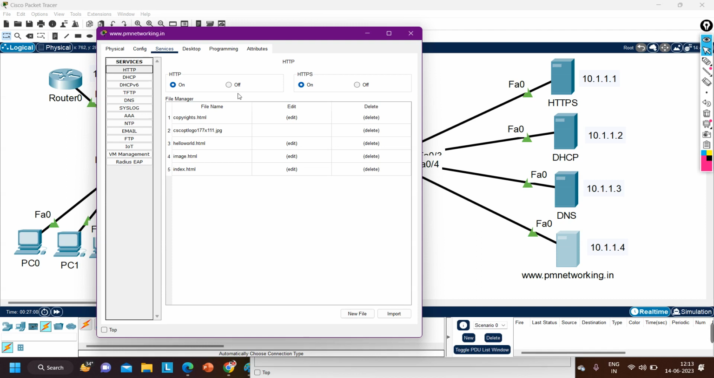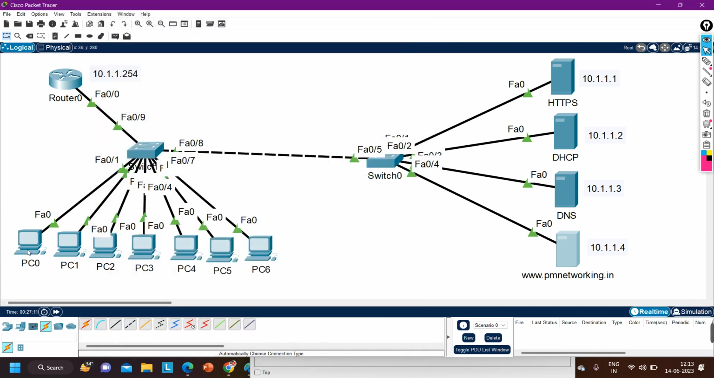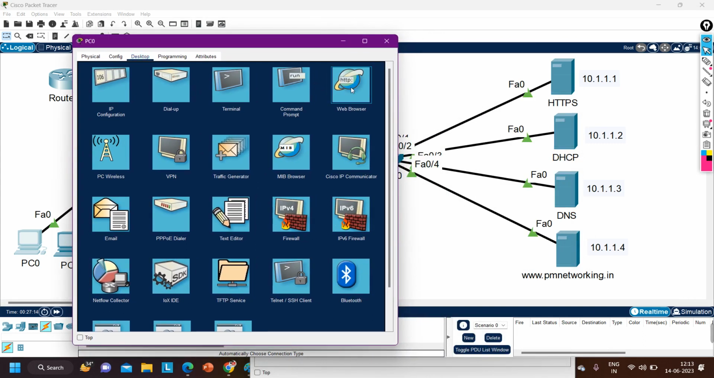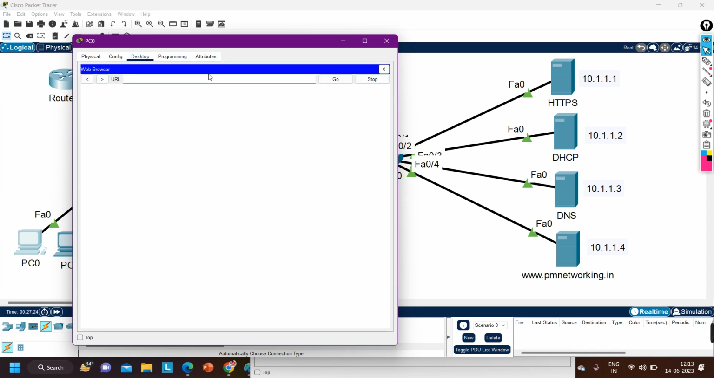By default, this service is enabled or disabled? By default, this service is enabled. Right? So now in the browser here, if I type the IP address of pmnetworking.in, definitely I will get page of pmnetworking.in. Let me show you. This is browser. Here I am going to say IP address is 10.1.1.4. Hit enter. See, I am able to get page. This is web page of server